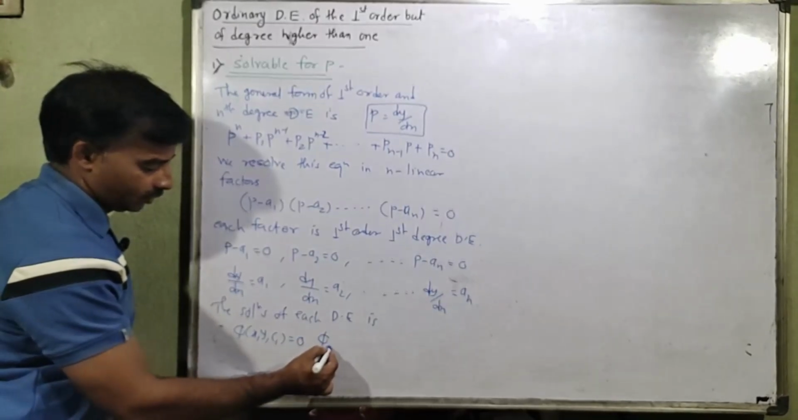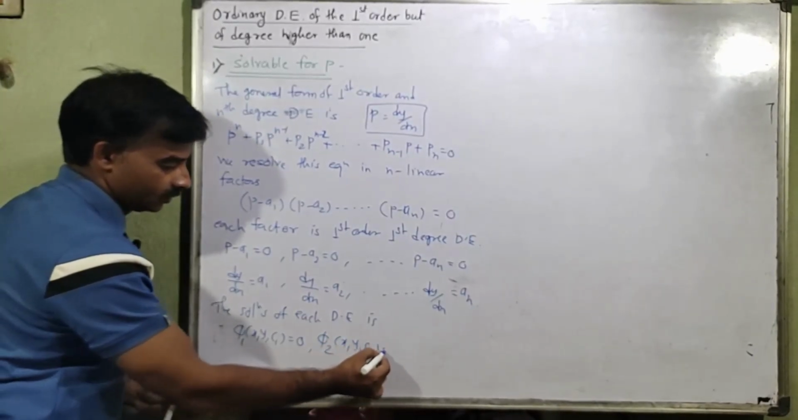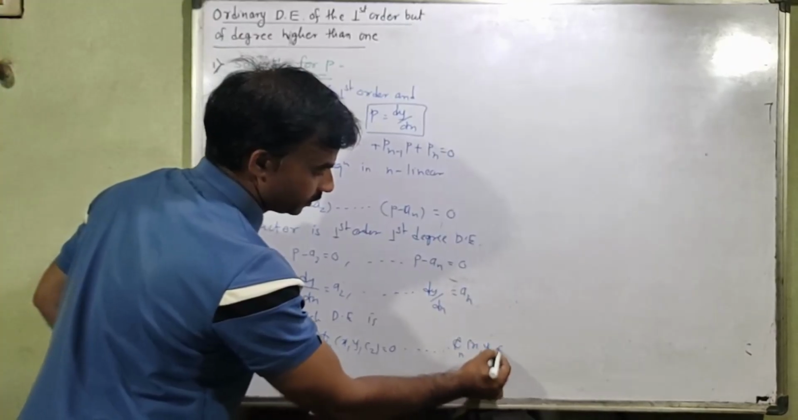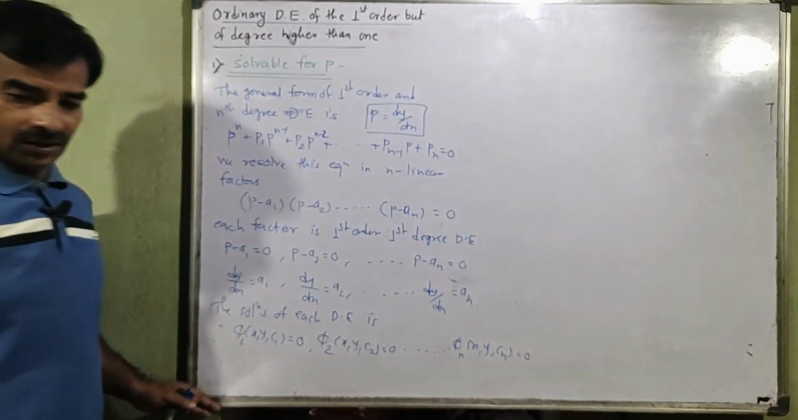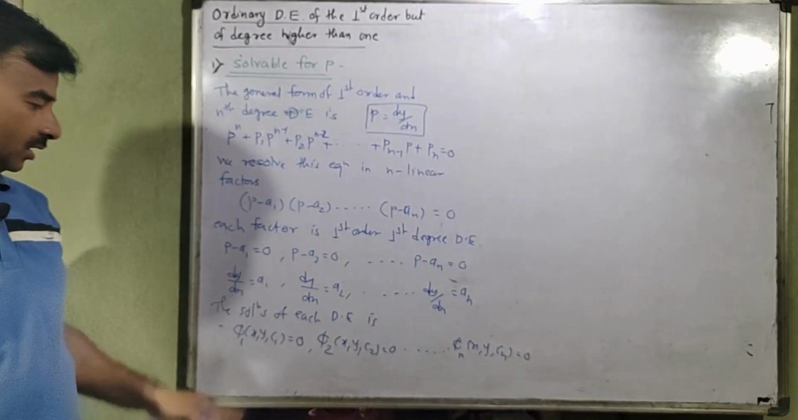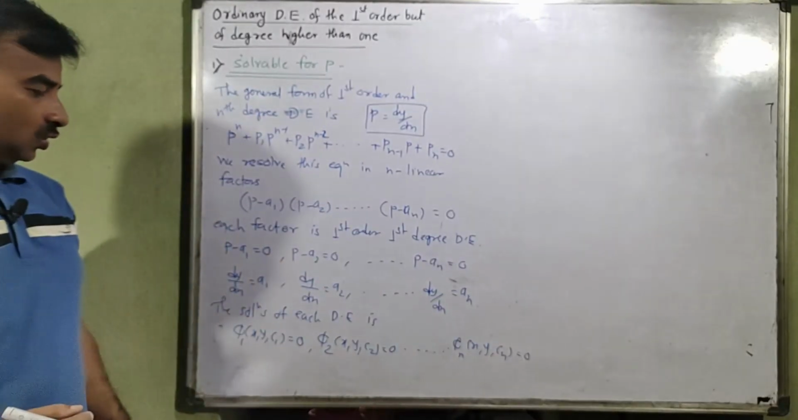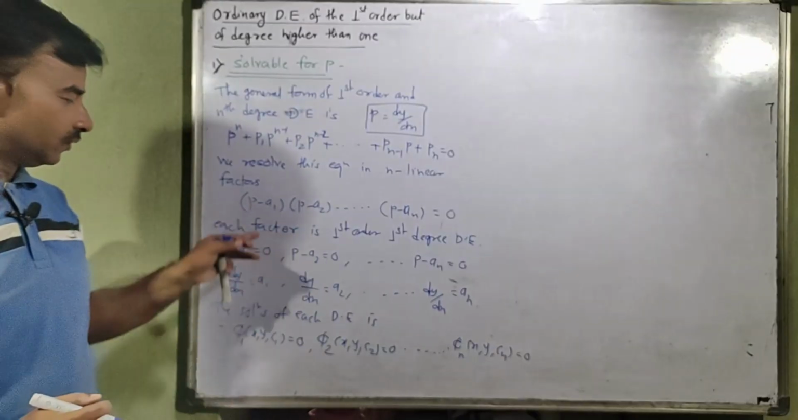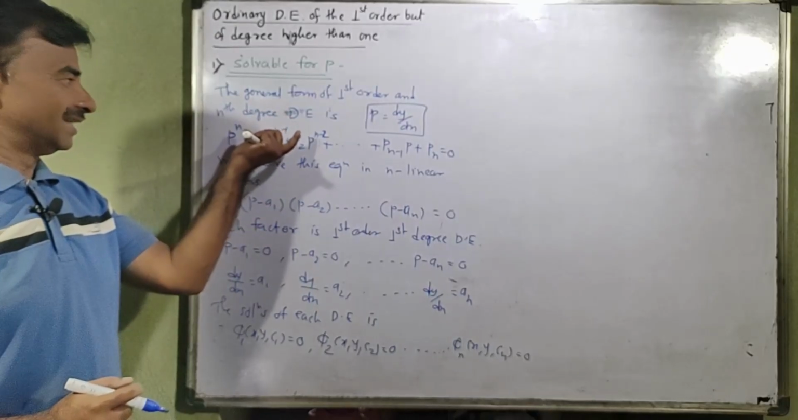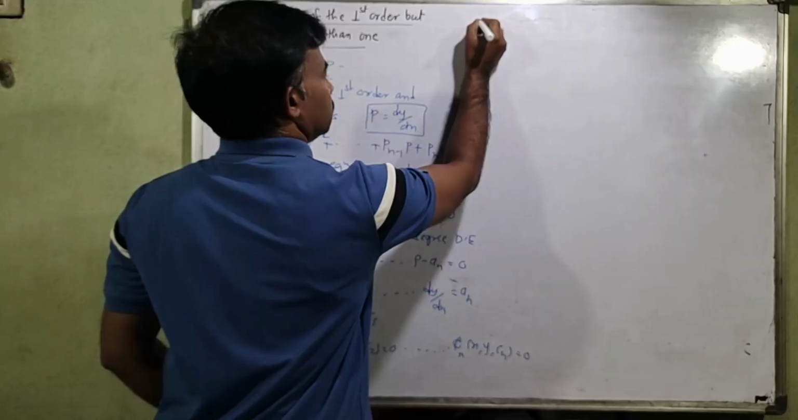Second, phi 2. Let us consider phi 1(x, y, c1) = 0, phi 2(x, y, c2) = 0, and so on up to phi n(x, y, cn) = 0. And this is the equation where c1, c2, c3 are the constants related with each differential equation, and combining the solutions related with each and every linear factor of that first order nth degree differential equation together, you will get the final result of the general solution